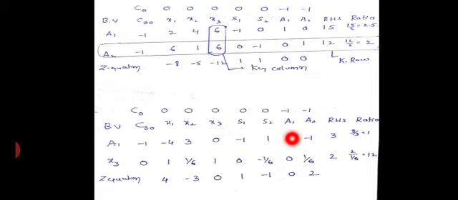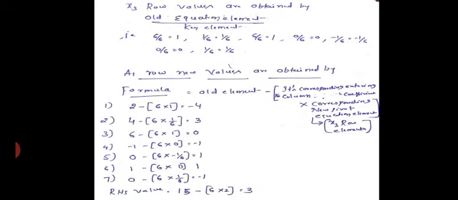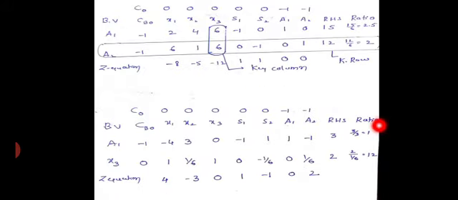Okay, now once you have the new x3 row values, similarly for the A1 new row values, again you go for the same procedure, and then go for the z equation. You need to calculate the z equation here. If you do the z equation, again see here minus 1 into minus 4, this column with respect to all the x variables up to the A2 row you need to calculate. Up to this will be common, and the entire column is going to be multiplied with respect to this. Minus 1 into minus 4 will be 4, and anything else will be 0. Again minus 1 into 3, 3, 0 minus 3, again minus 1 into 0, 0.